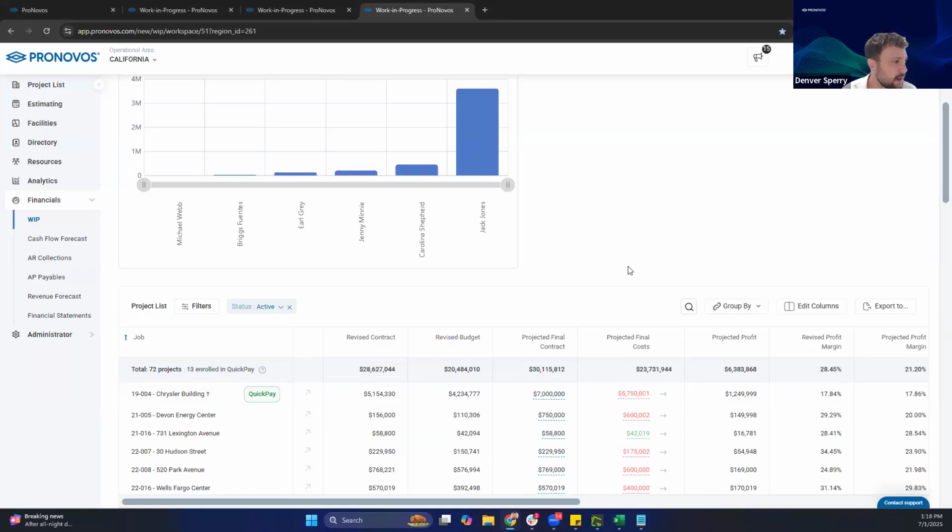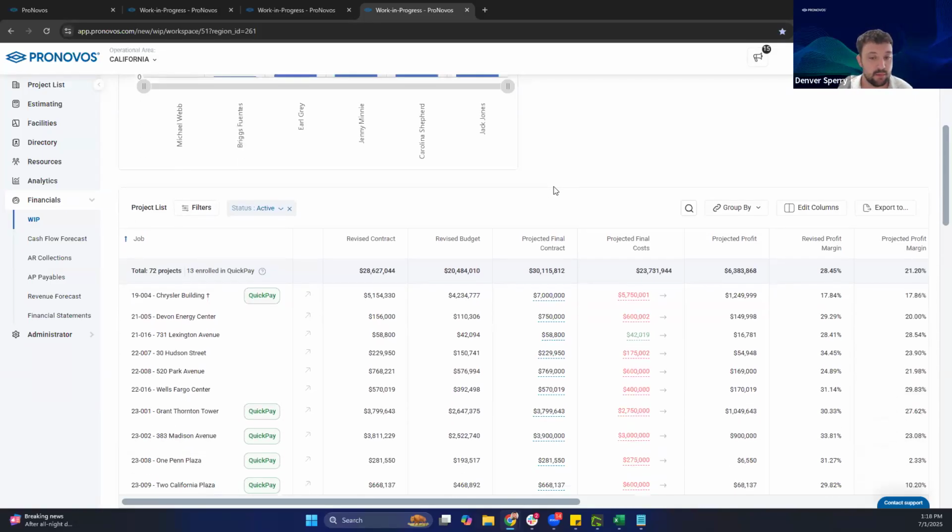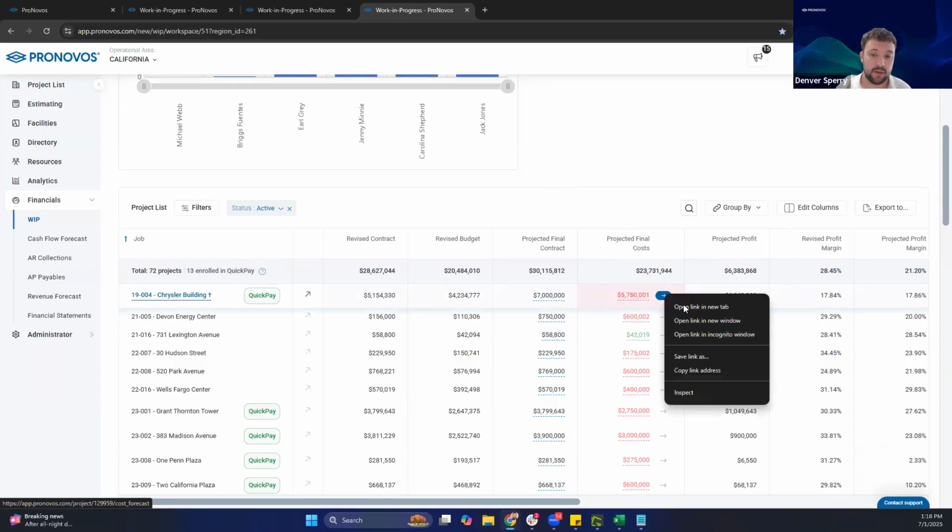Okay, so got a question there. Right from the WIP into the details of an individual forecast. Yes. So the question is, can you go right from the WIP into the details of an individual forecast? There's two ways to get to, if we're referring to the cost forecast for the job. So in the projected final cost column, you'll see the dollar amount here. But if you click into the arrow next to it,